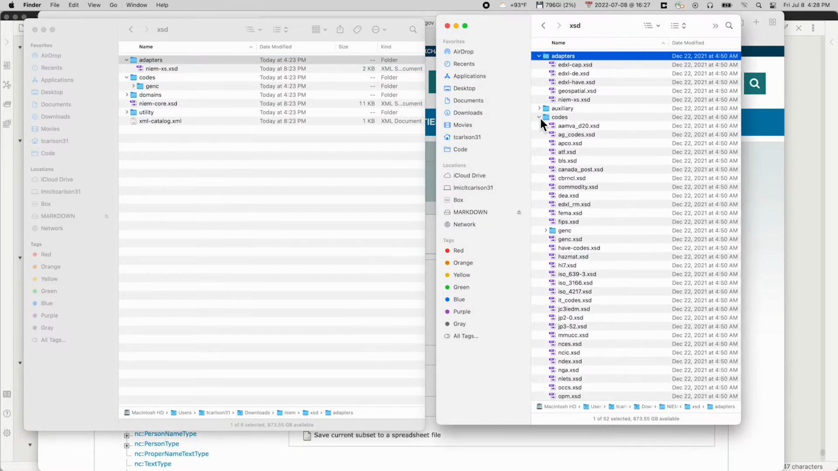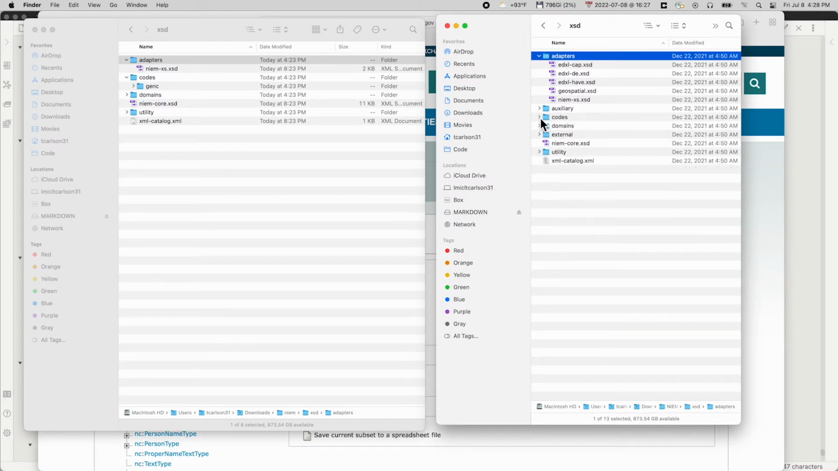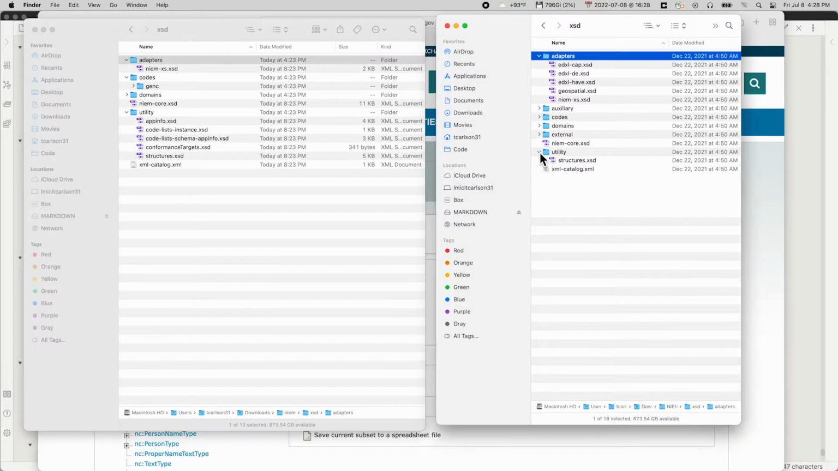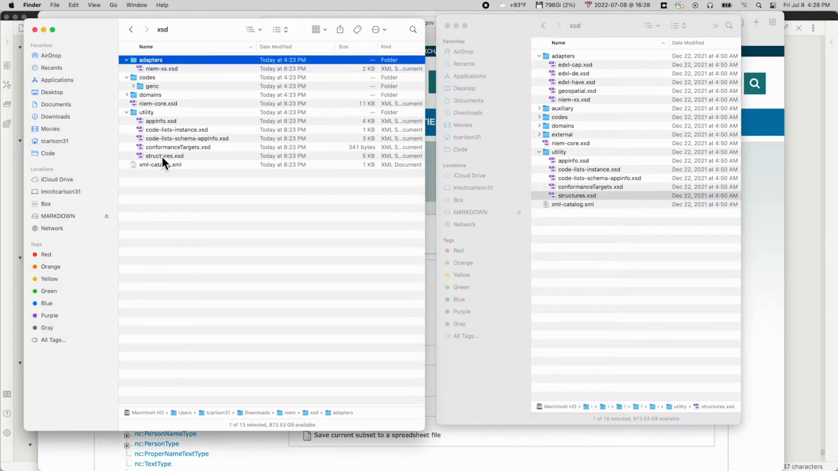So we don't get that folder. We get the code table folder, we get the domains. In my subset I didn't add any external stuff, so I didn't get the external folder. And utility is where structures is saved and the app info schemas are actually saved and a few other things. If we open up codes,